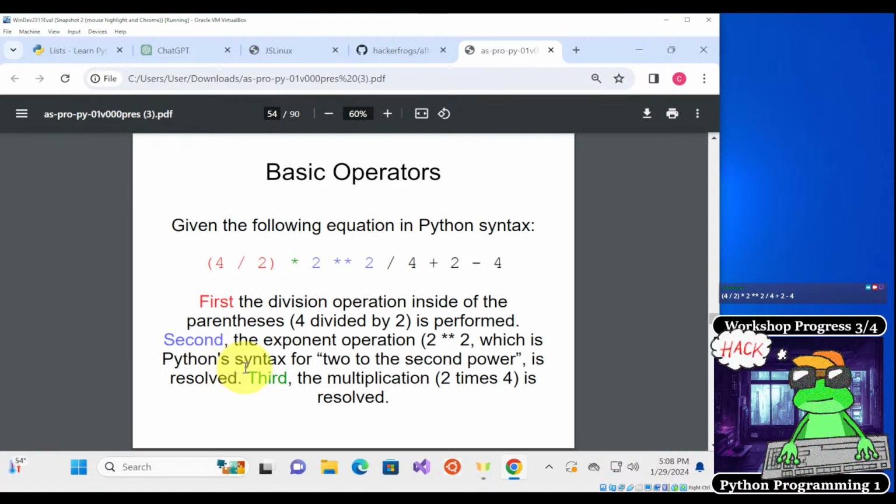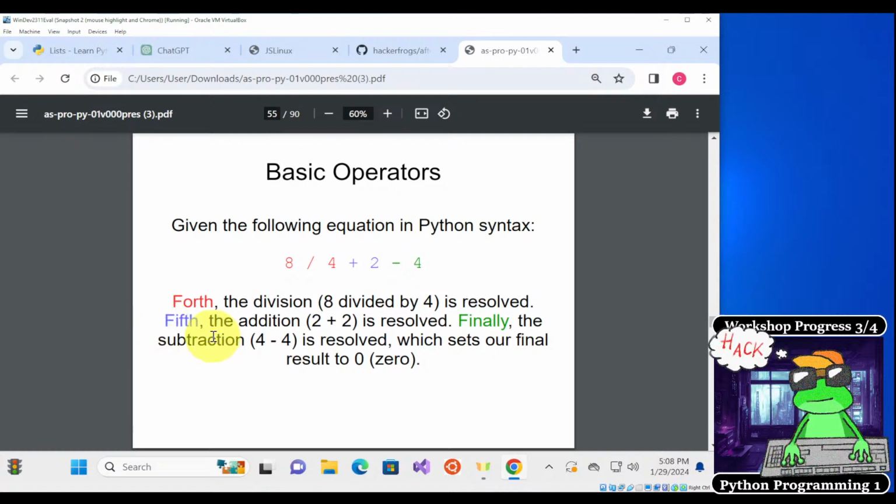Then the exponent operation, 2 to the second power, which is 2 ** 2 in Python syntax, is resolved. Third, the multiplication, 2 times 4, is resolved. Fourth, the division, 8 divided by 4, is resolved. Fifth, the addition is resolved. And finally, the subtraction is resolved, which sets our final result to 0.